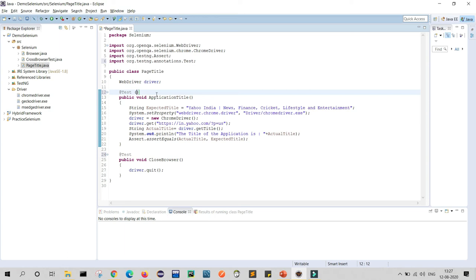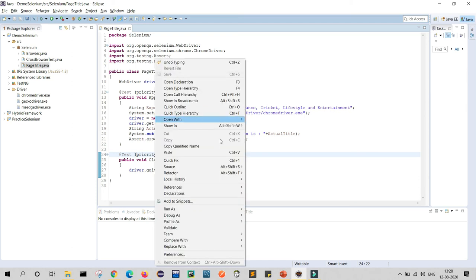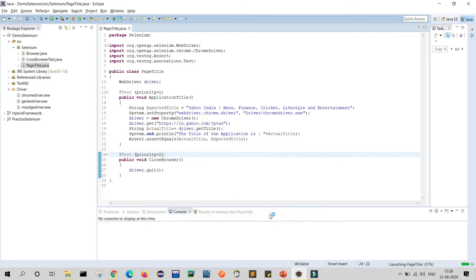I just want application title to run first, then after that close browser. Priority equals to 1, and this will be priority 2. Now everything is done. I will save the class and run. Right click, run as TestNG test. Let's see what happens.